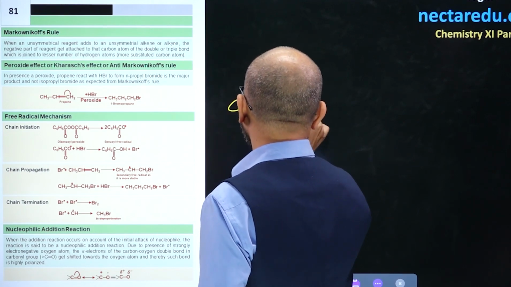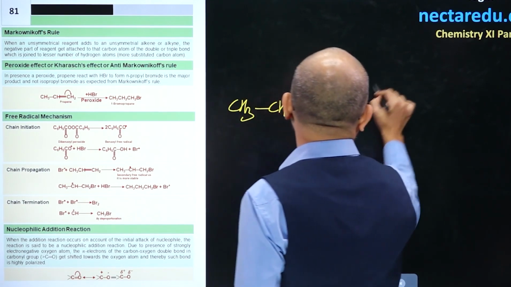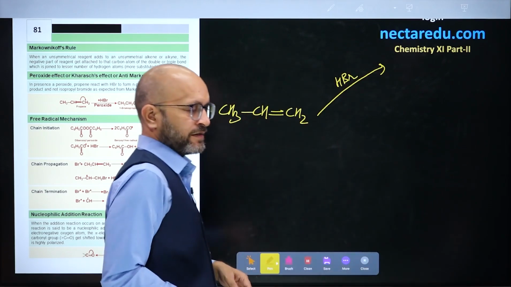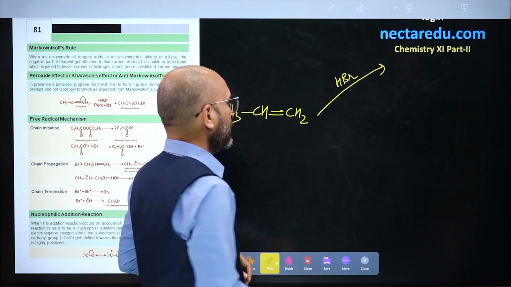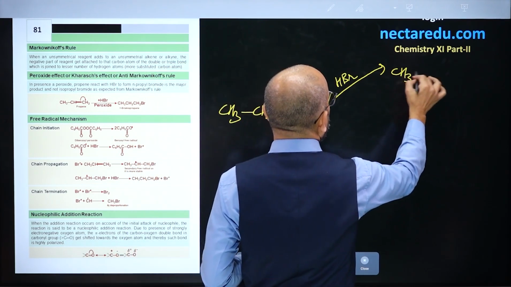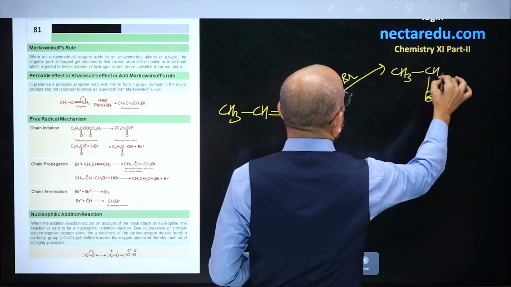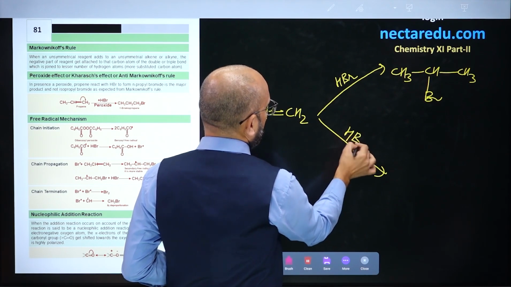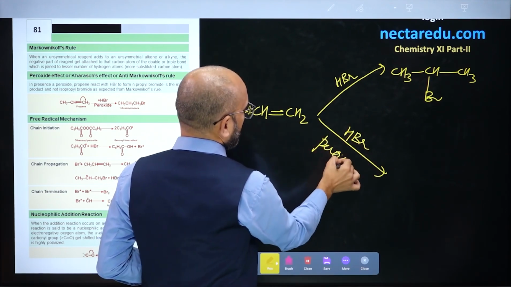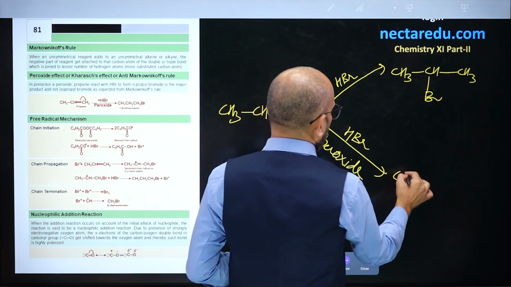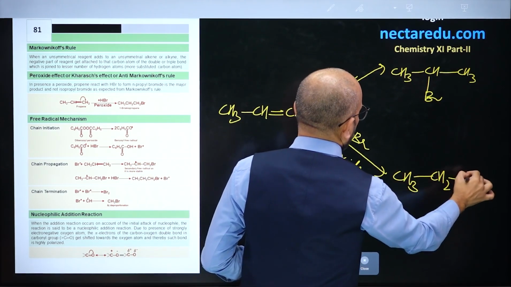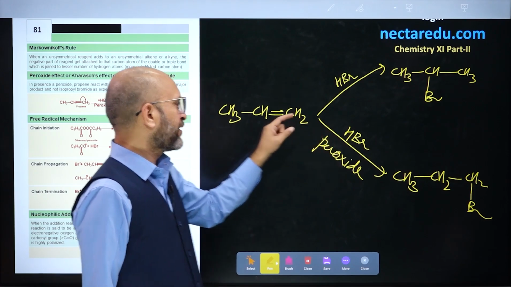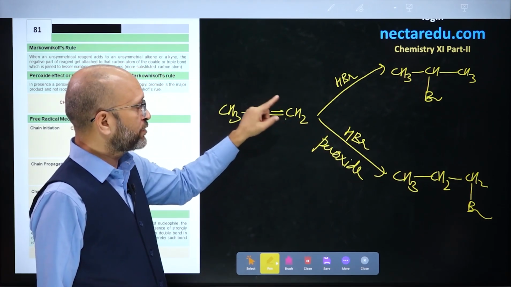Let us take propene, and if you have HBr and peroxide is absent, then Markovnikov addition occurs and you get the product as CH3 CHBr CH3. And if you have peroxide along with HBr, so what will be the product? You will get CH3 CH2 CH2Br. So in the presence of peroxide, Br negative will attach to carbon having two hydrogen atoms, that is CH2 carbon,